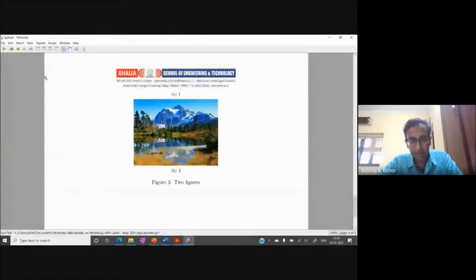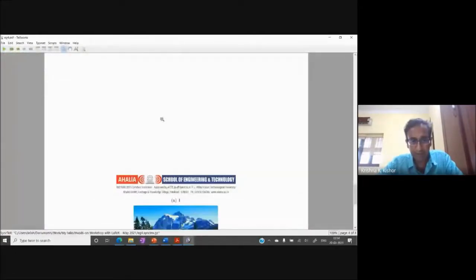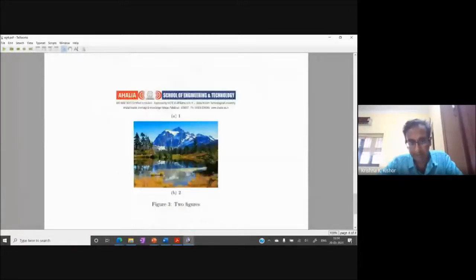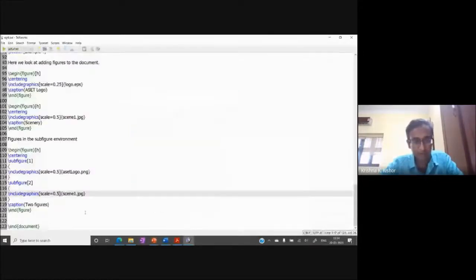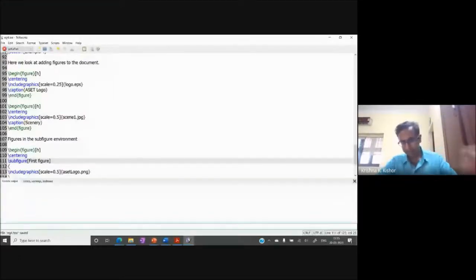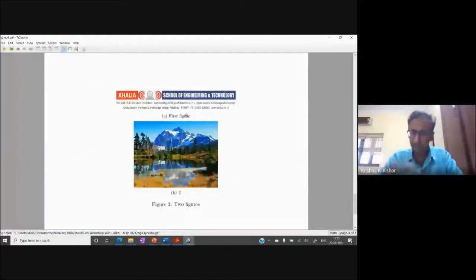So I had two figures, Figure 1, Figure 2 from before. Now I've added the third figure, but there are subfigures, 3A and 3B. And the caption of each is 1 and 2, and the total caption is 2 figures, the 2 figures that I had over here. So this is how, and if I want, I can change the caption. I can write this first figure, recompile it, and the caption will change, first figure. So you see this. You don't have to worry about finer things like caption and font size and things like that.